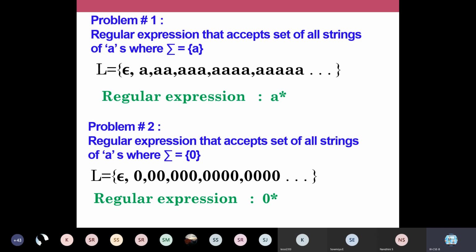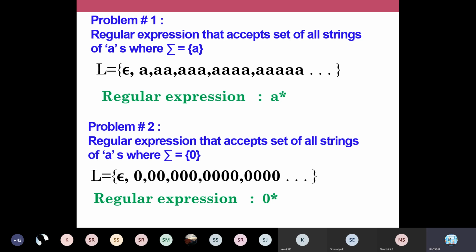This you have to understand in regular expressions: what is the purpose of each operator. Star denotes 0 or more occurrences. With 0 occurrences, A will not occur at all; 1 occurrence means 1 time you substitute that A; and 2 occurrences means 2 times you substitute that A, like that. That defines your language here. Can you understand this? If your language is the set of all strings of A's, your regular expression is going to be A star, denoting this language. It will have the union of the strings of all lengths. And I'll take one more problem.